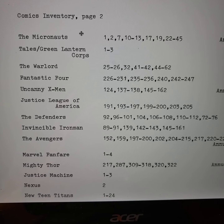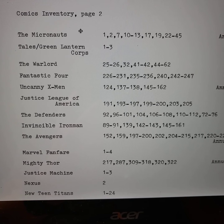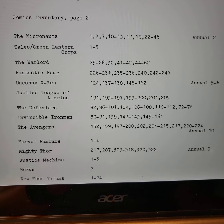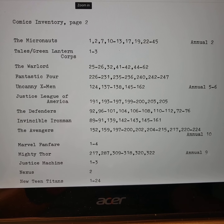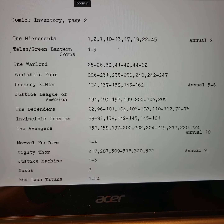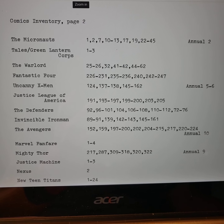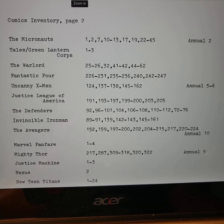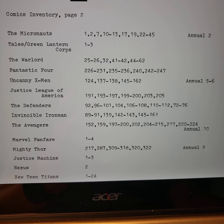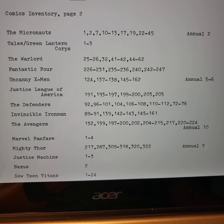Unfortunately, my father passed away a few weeks ago, and my brother was going through some papers, and he found this. We thought this was long lost. So this is the comics inventory as of August 82. Now, it's grown since then, but you can see here we've got Micronauts issue 1, 2, 7, 10 through 13, 17, 19, 22 through 45, annual number 2,